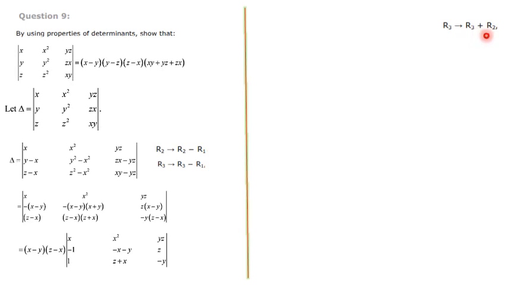Next, go for the operation R3 changes to R3 plus R2. By doing that operation, outside remains the same and first row same, second row also same, only the third row is changing, R3 plus R2, that is 1 minus 1, that is 0, z plus x minus y. So x minus x will be cancelled, only z minus y balance. Next, minus y plus z, changing the order, z minus y we will get. And here z minus y is common in the third row, you have to take z minus y outside from the third row.